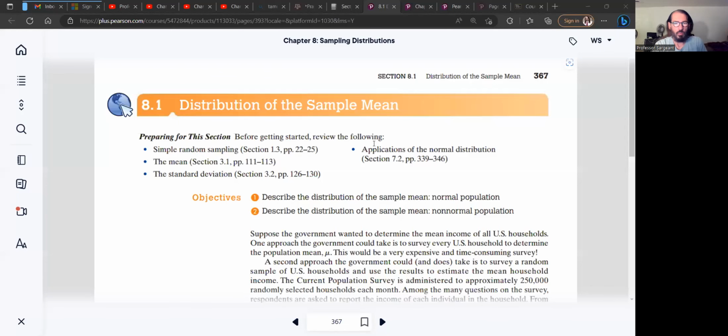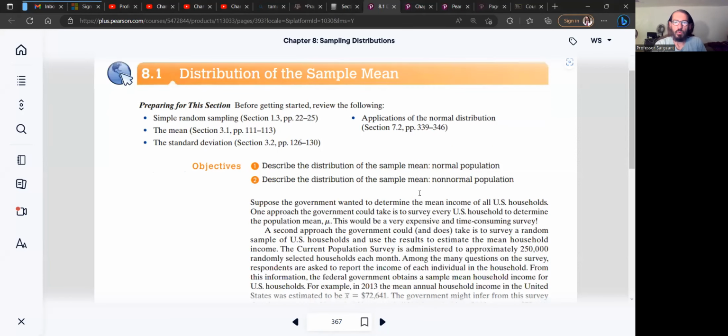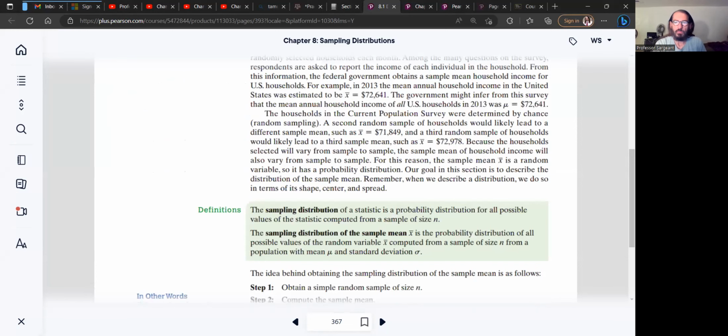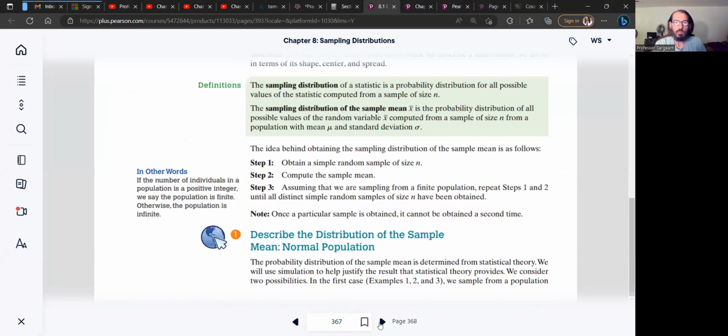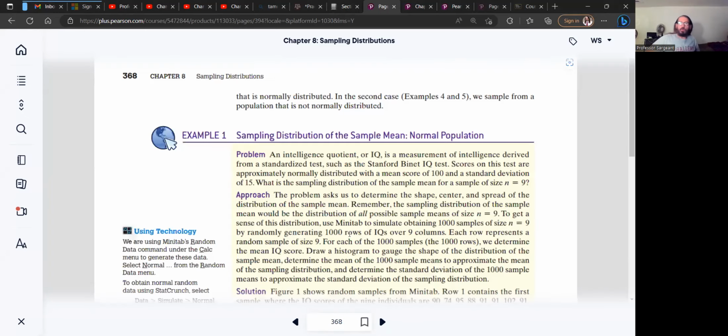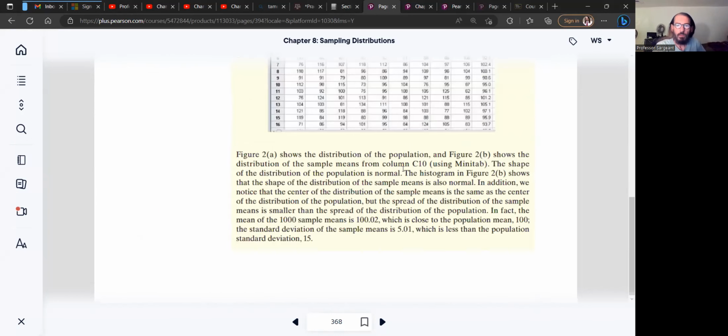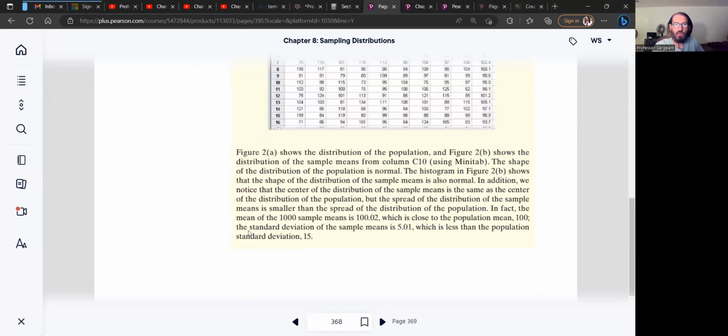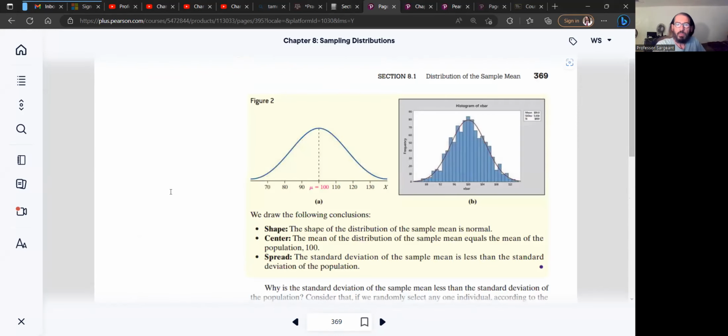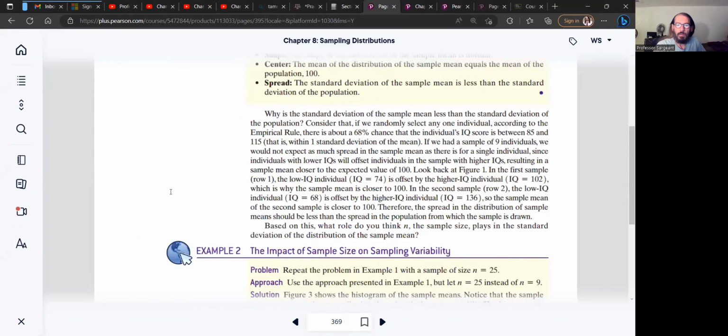We're going to take a look at applying information about the distribution of the sampling mean. In other words, the sampling distribution of X bar. The current book that I am teaching from, this is in section 8.1, and some important points to make are that we find out that if you take all the simple random samples of the same size from a population, and find X bar for each of them,